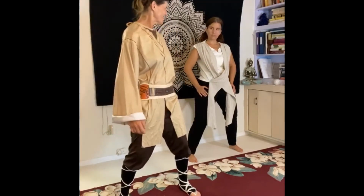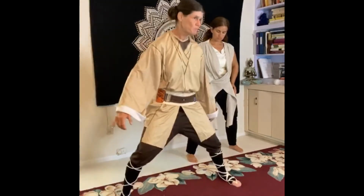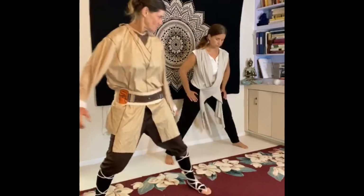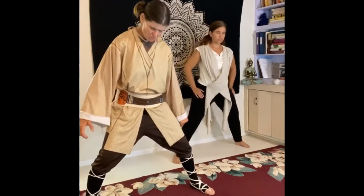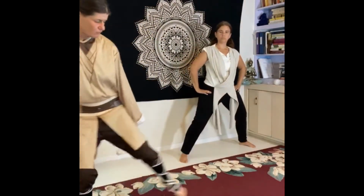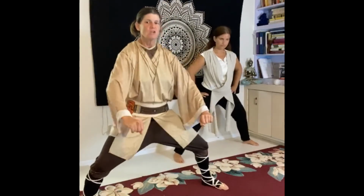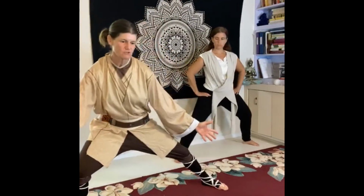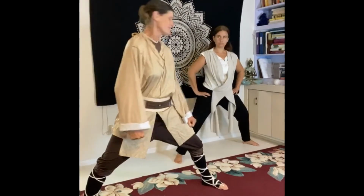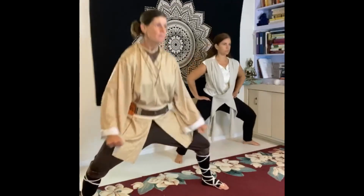But we're going to challenge ourselves a little more and step out even wider to a super horse stance. I said earlier that in a horse stance, you can shift your weight and bring one foot in. In a super horse stance, that is impossible. So you should not be able to shift your weight and bring a foot in. I cannot. That's how wide we want it,